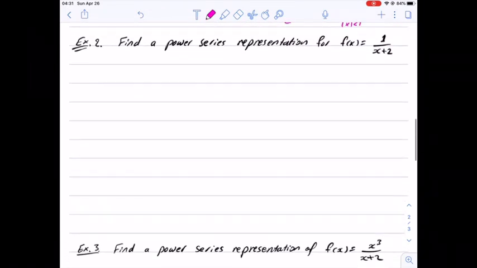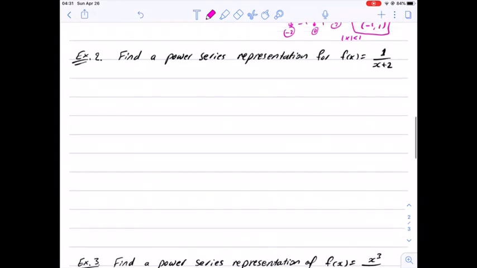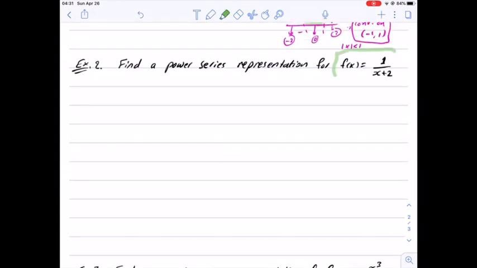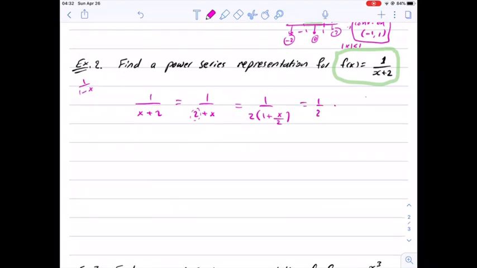Another example, we want to find the power series representation of the function 1 over x plus 2. So we start with this function 1 over x plus 2, and we try to write it in the form 1 over 1 minus x. So we have 2 here, we don't have 1, so we can take 2 as a common factor, and we are left with 1 plus x over 2,